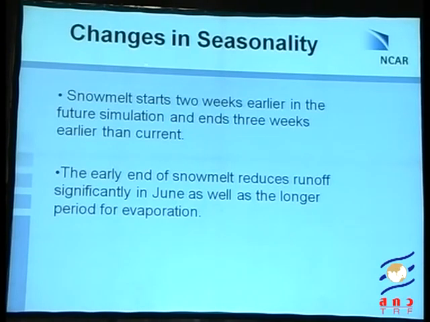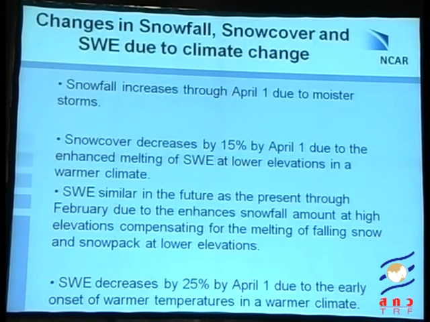So in terms of seasonal variations, I think I've described these already, so I'll skip the slides. But I do want to mention changes in seasonality. Snowmelt starts 2 weeks earlier in the future and ends 3 weeks earlier. And the early end of snowmelt reduces runoff significantly in June, as well as the period for evaporation. So again, large impacts of warming, and I think I've already talked about this as well. Snowfall increases due to the moisture storms, and we get less